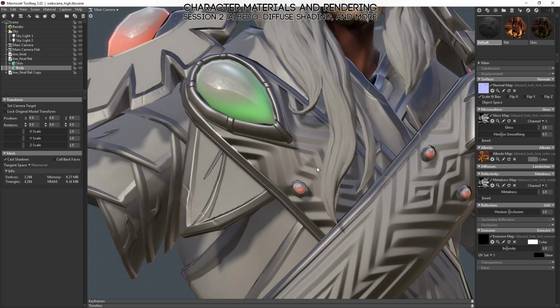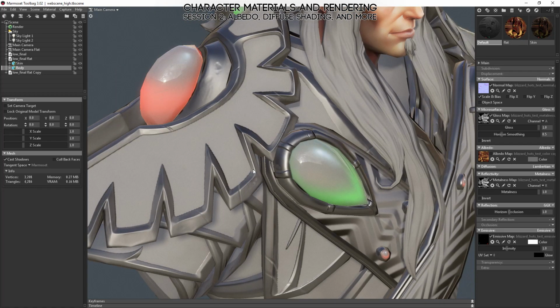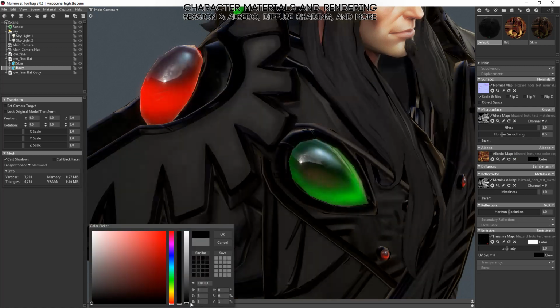So this gives you an idea of how metalness works in relation to a diffuse map. The metalness texture darkens the diffuse and replaces any specular shading that it had before with what was in the diffuse map. So actually, if I had a completely black area of my albedo, such as you might see here,